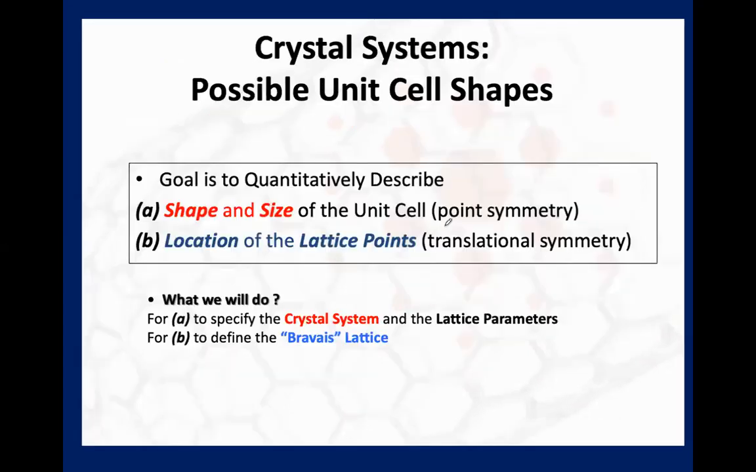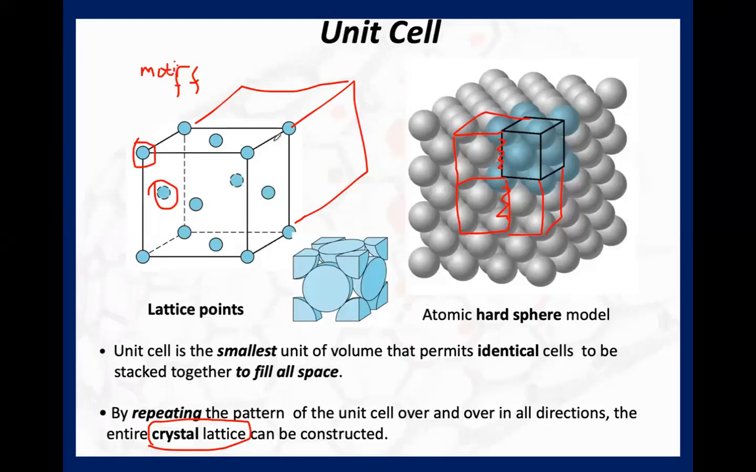Okay, right. So we again mentioned the shapes and sizes, the importance of unit cells, where we quantitatively describe the crystal. To describe the crystal quantitatively, we need to know the shapes and sizes of unit cells. That's important. And the location of the lattice points is also important, because by repetition of this unit cell,